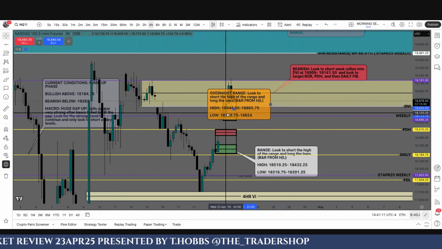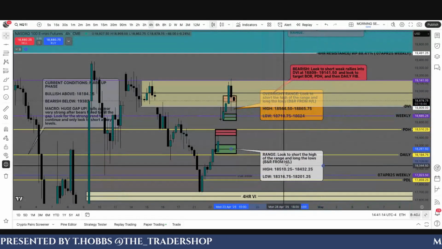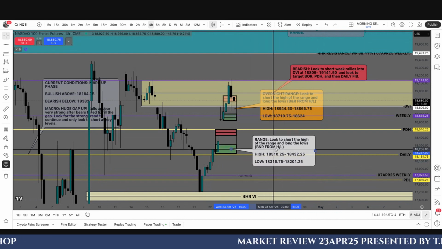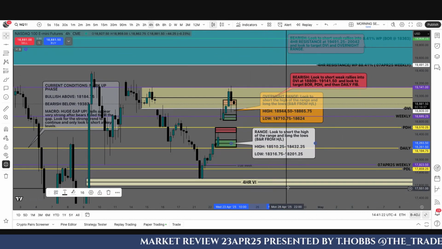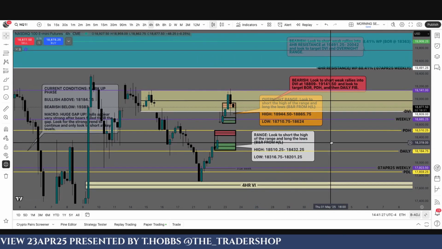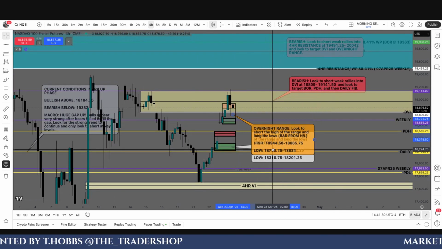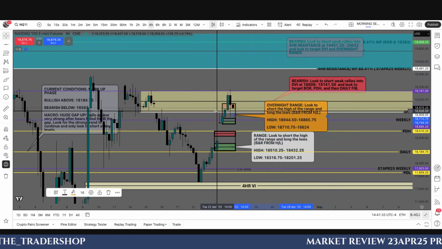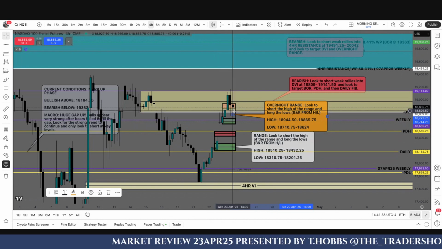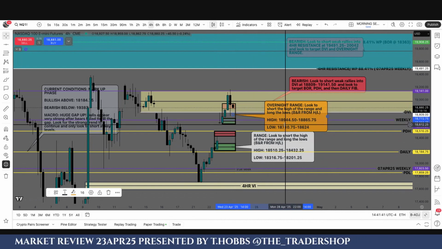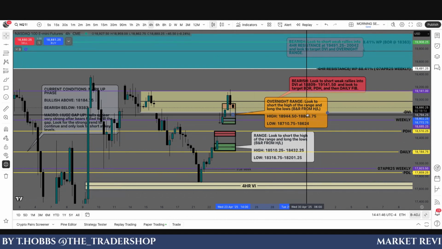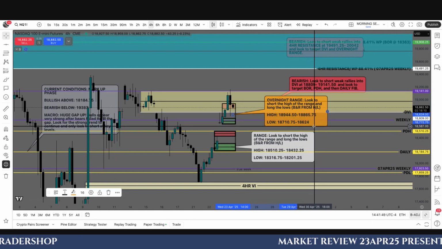So the ranges that we needed to identify were the overnight range and the PM range from yesterday. After this huge gap up, we never came back to the PM session range, so this became irrelevant. Usually you'll see a green box or something down here, but I just refuse to believe that the market was coming all the way back down here. So I really didn't have a bullish plan from the lows. But the overnight session range was going to be my target if we were going to trade up higher. I was looking to come down to this level here for the shorts. That range, the high was 18,944.50 through 18,865.75. The low, 18,710 through 18,624.